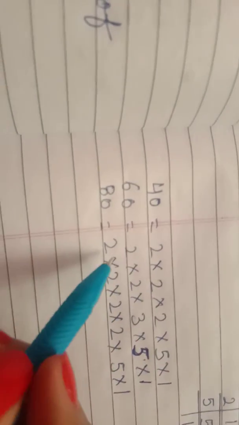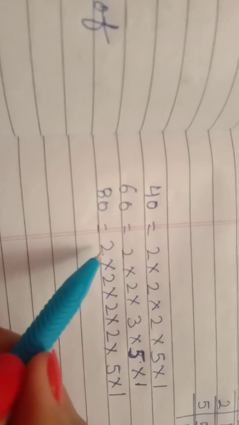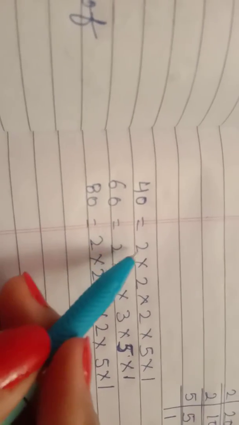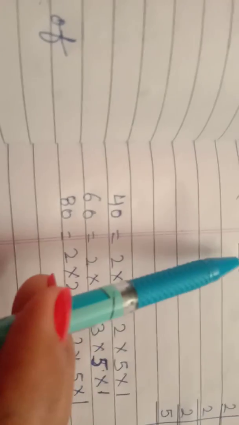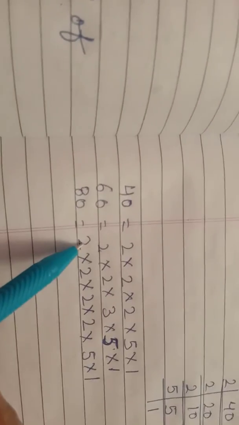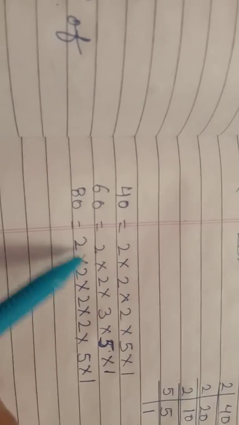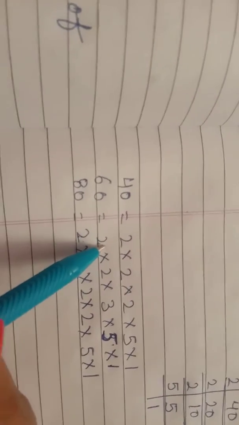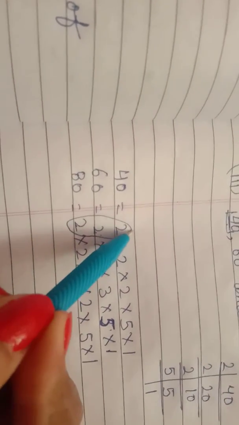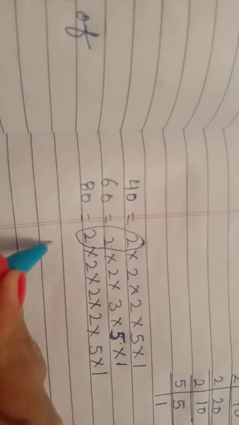So here, check beta which are the common factors. The number which is common, you have to check that the number comes in all the numbers for which you find the HCF. If it comes common between only two numbers, then it will not be considered. So in this case, as 2 comes in all three numbers, it will be a common factor.